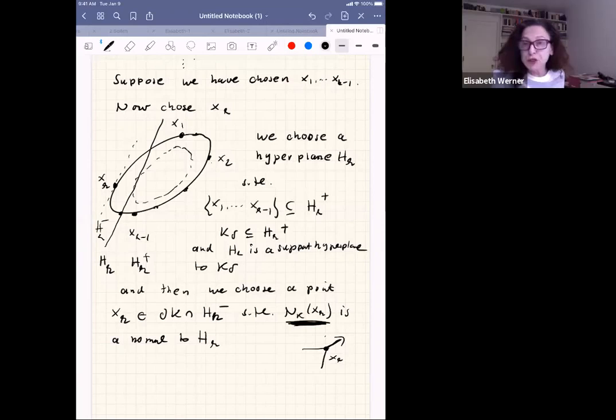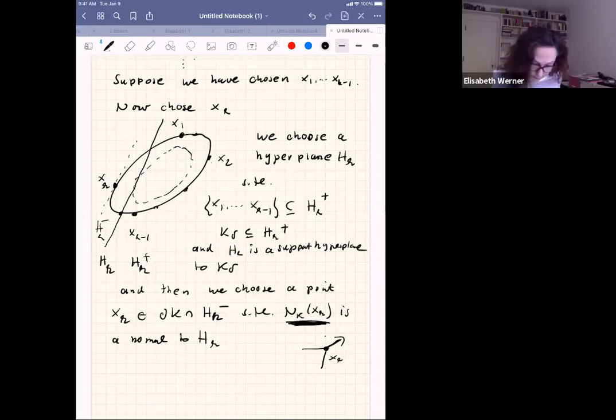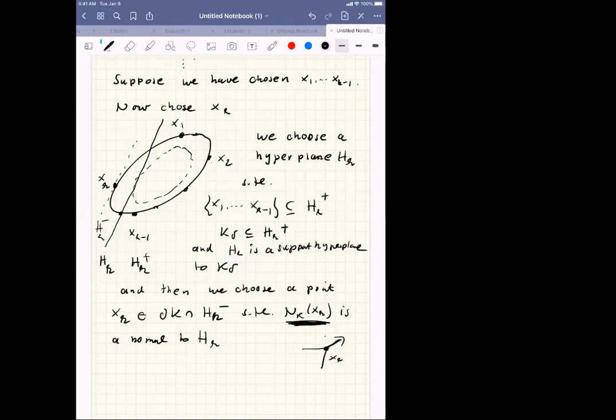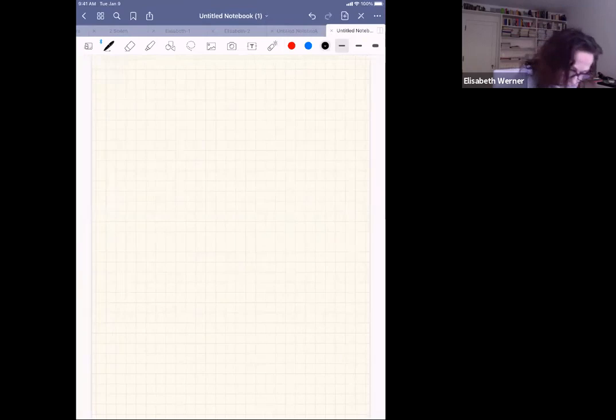Oh, we choose just one that has this property. Okay. We don't care which one, we'll just choose one. Okay. Maybe it will be illuminating to look at what happens if we, so as an example, before I